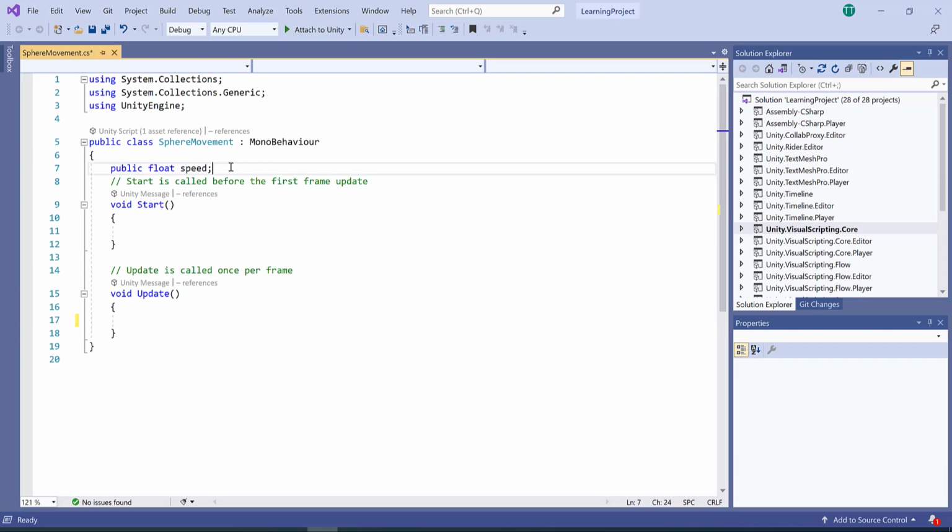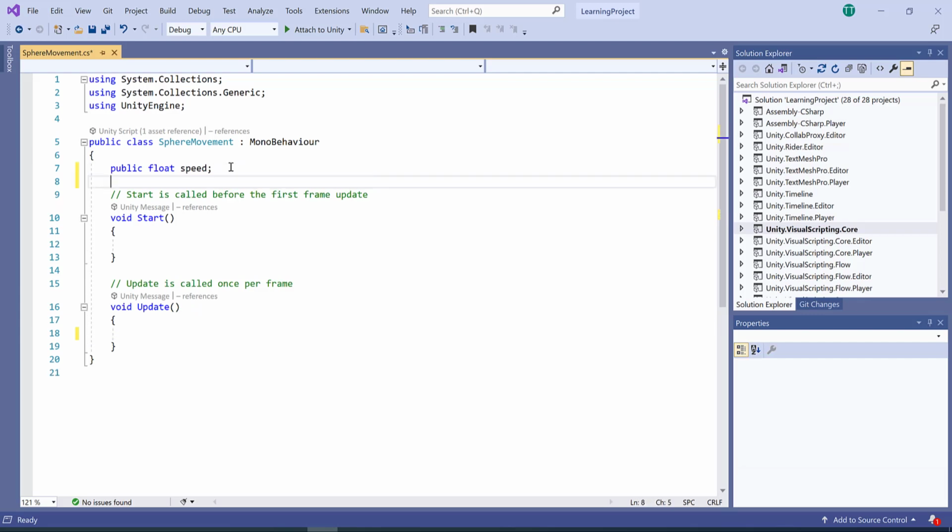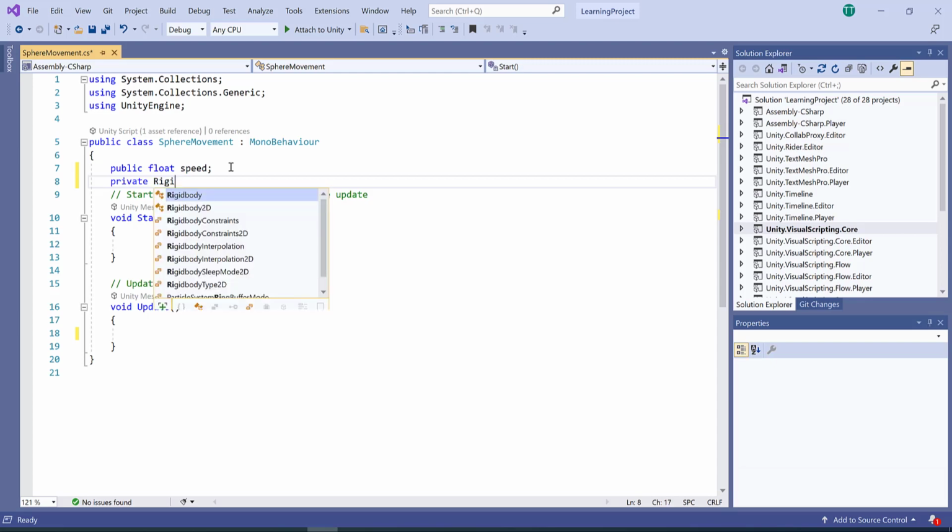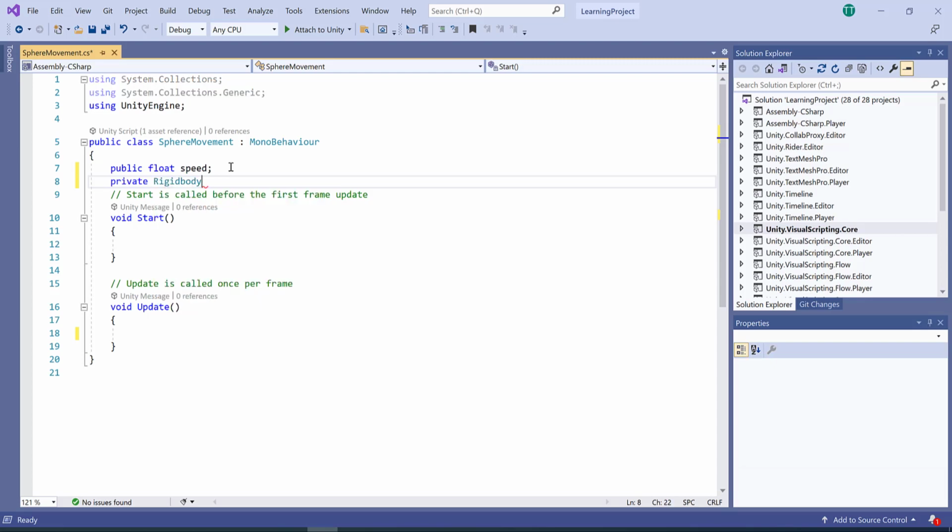The next variable which we need to declare over here is the rigid body component. So we need to get the reference to the rigid body component. I'm going to declare it private Rigidbody. Make sure you have selected Rigidbody, not Rigidbody2D, because we are using the 3D game.